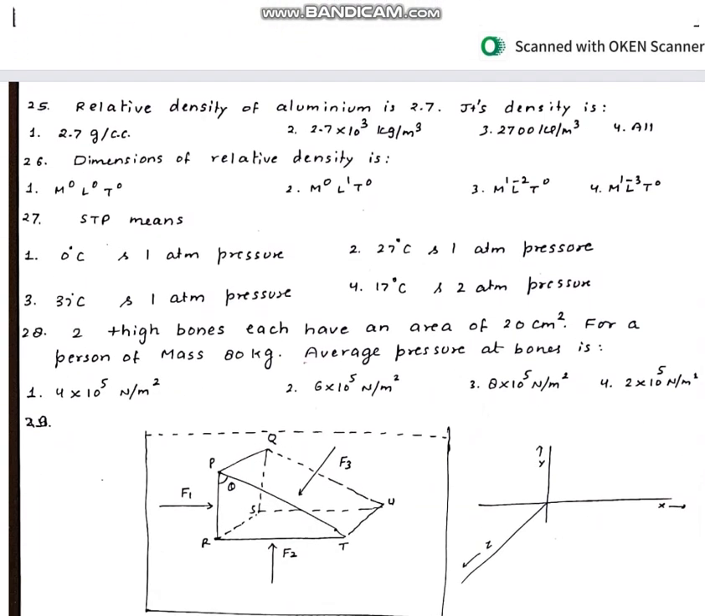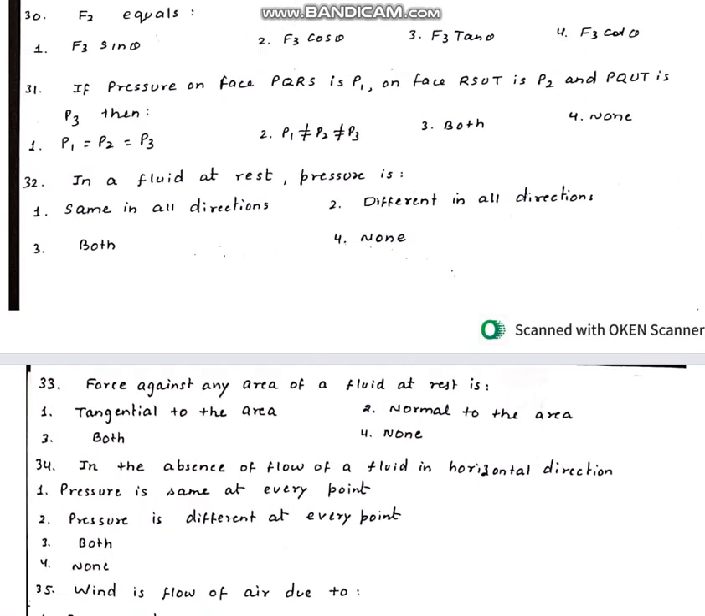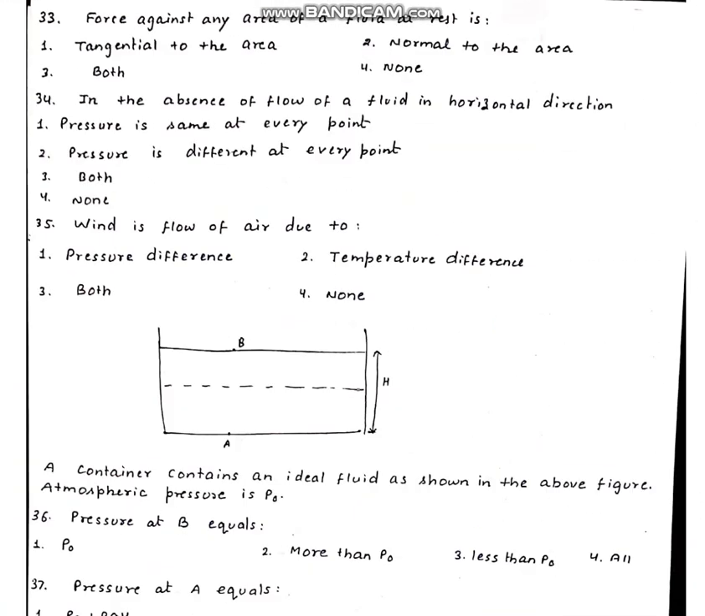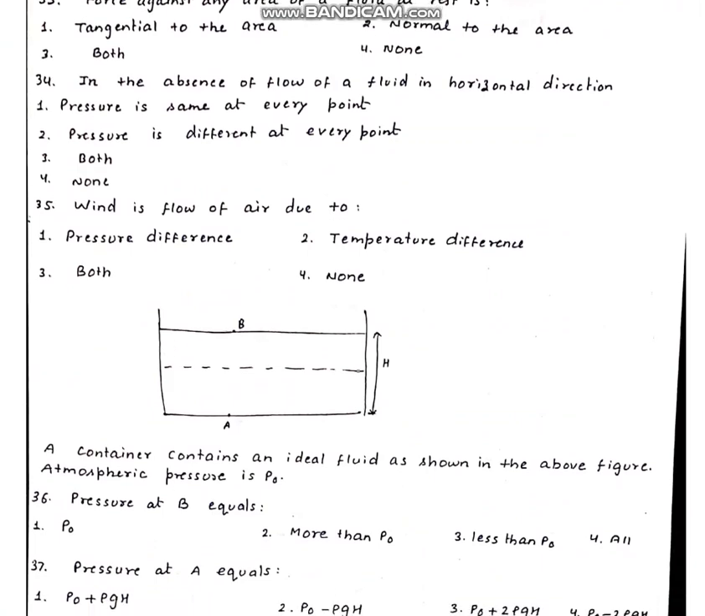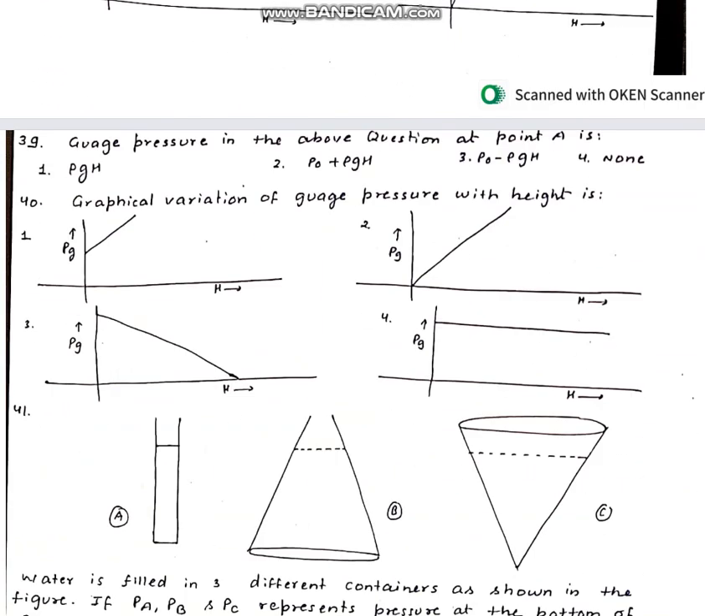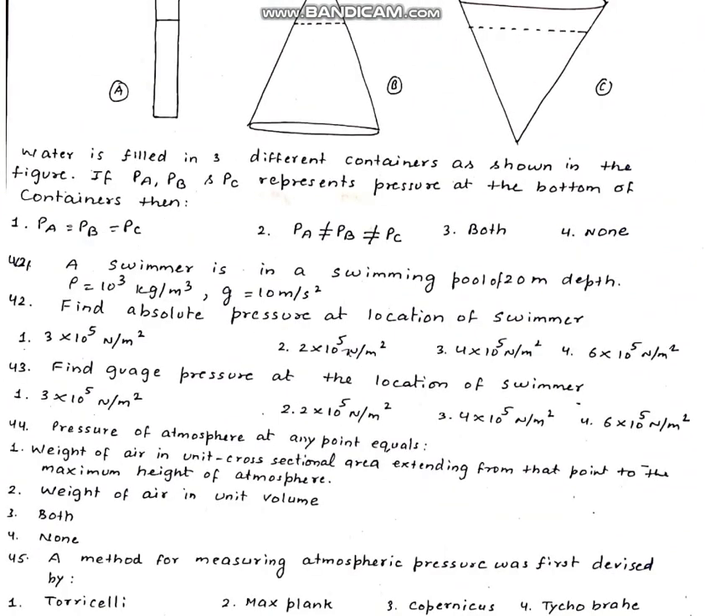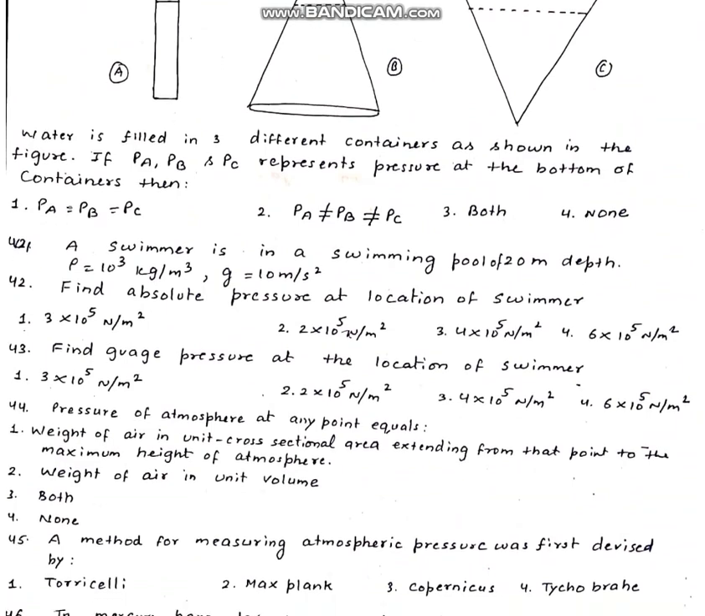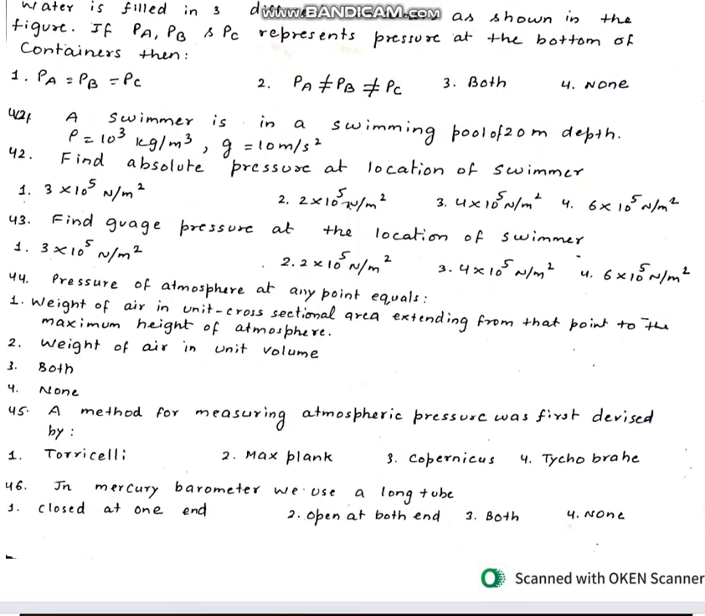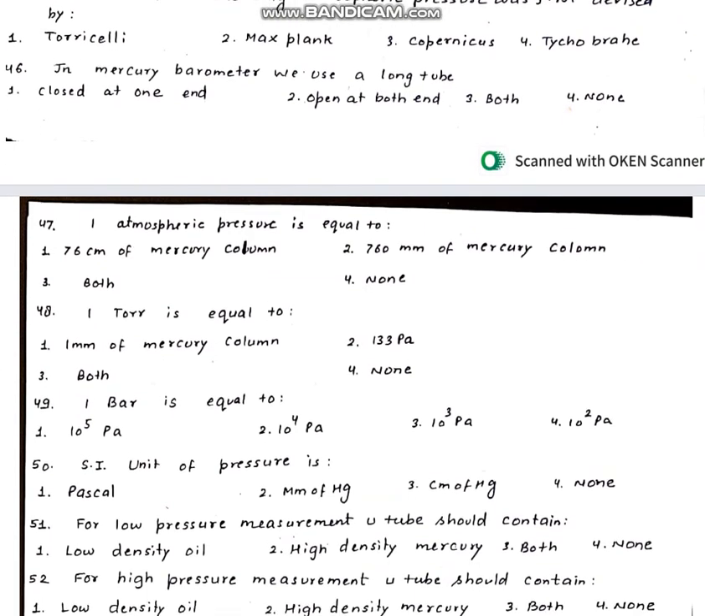Then we have a question based on Pascal's law, thigh bounds, and then we have Pascal's law problem. Then we have a question based on container and pressure calculation at different points, then graphical variation of pressure, then we have gauge pressure and variation with height, then different conditions on pressure, then swimmer, absolute pressure, gauge pressure, atmospheric pressure, then we have different units of pressure and their relations, SI unit, low pressure,